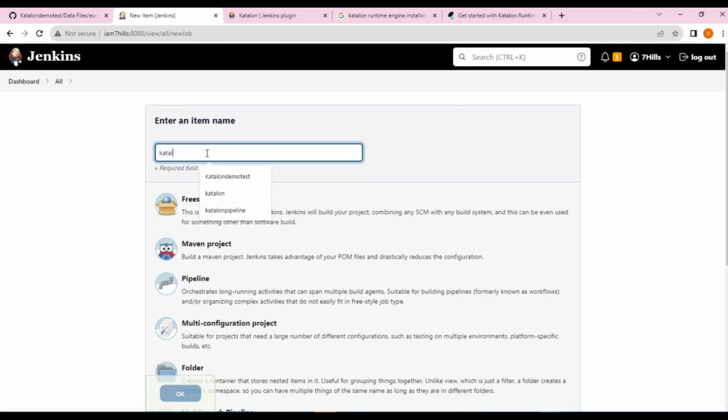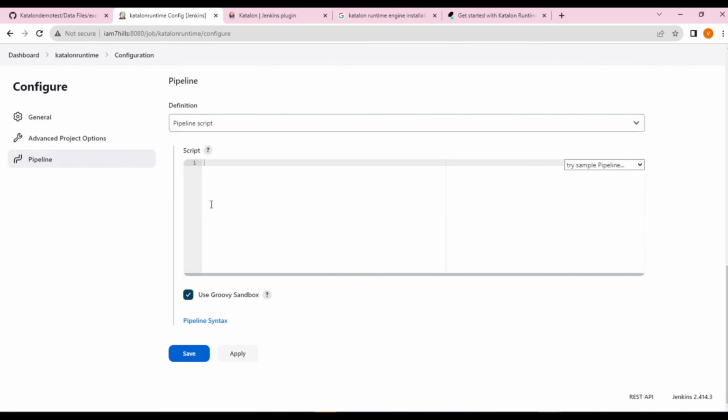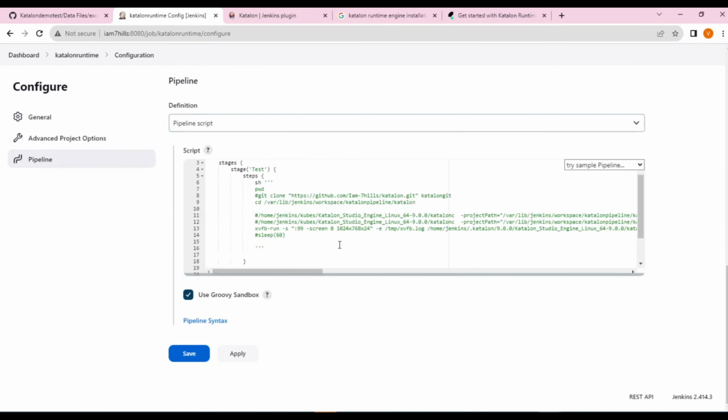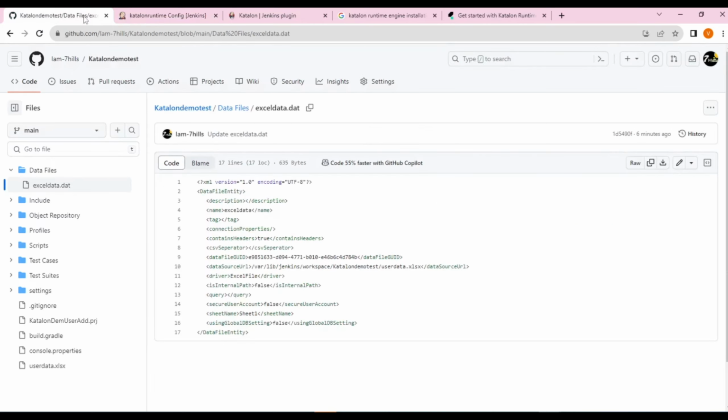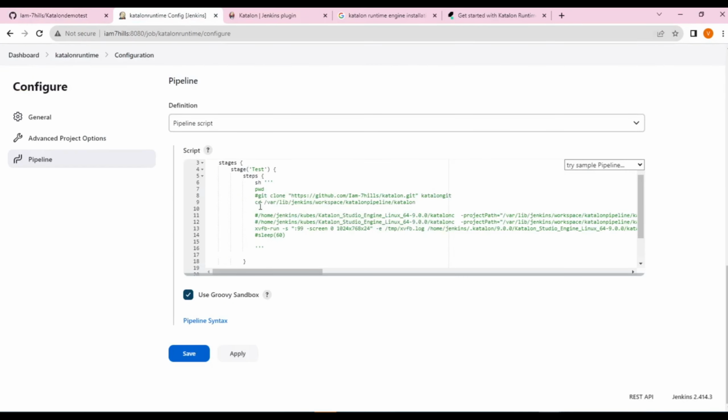Katalon runtime pipeline. Okay, so if you see, I need to download the Git repository. So let me take this repository. Because we are using a pipeline, I just wanted to show you in a different way. Remove that one, and I'm going to replace this with